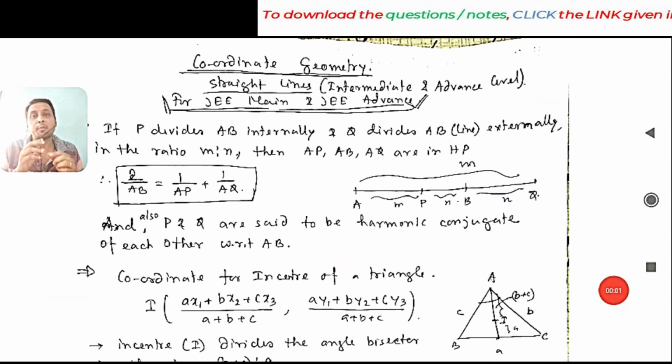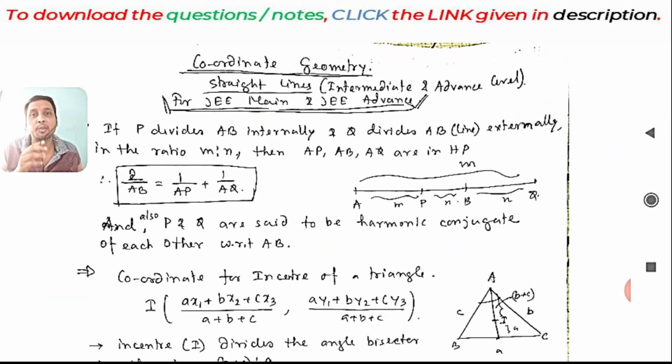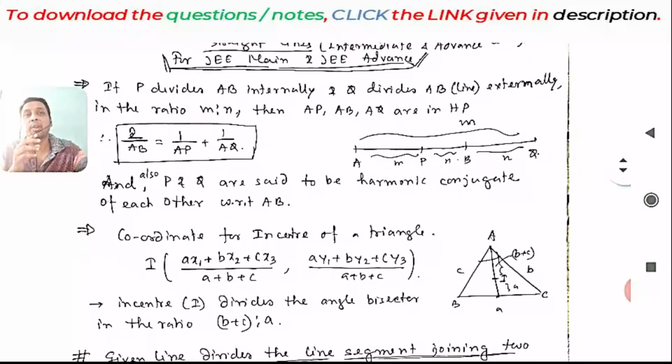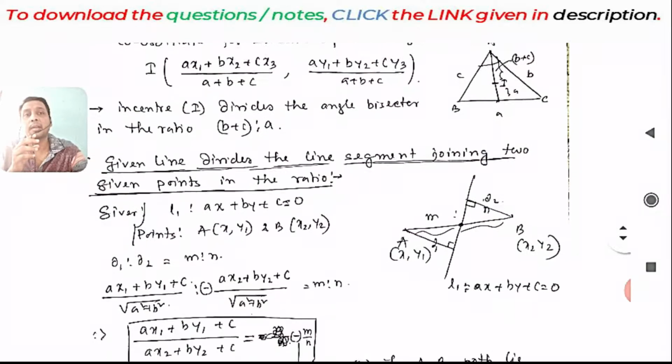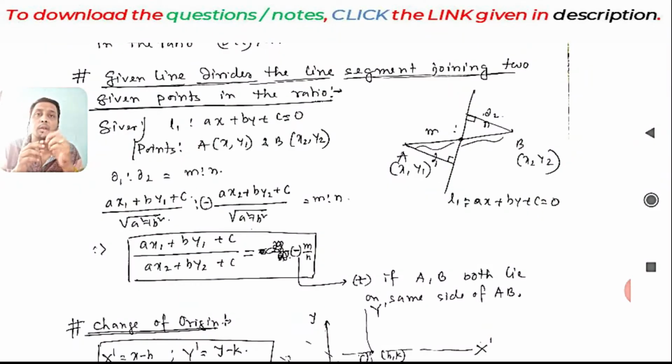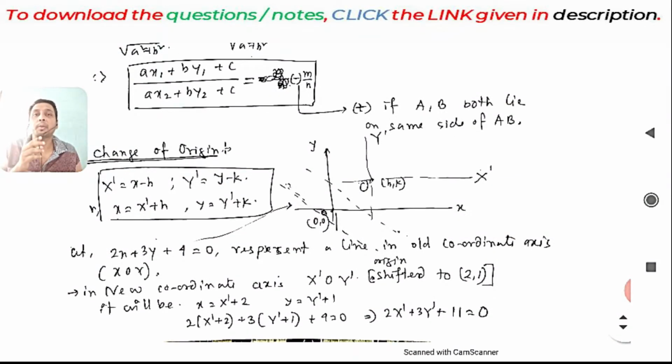Okay students, welcome you all to this new lecture. Hope you have seen all the basic level theory discussions on coordinate geometry. So here we will give some top up in addition to what we have done in basic levels. In your intermediate and advanced level, we will discuss something about internal division, external division, then in center, how a line is dividing a line segment joining 2 points in what ratio, and then we will see how we will take care of the situation where we need to shift the origin from one point to another point, that is change of origin. Okay, then let's see this.